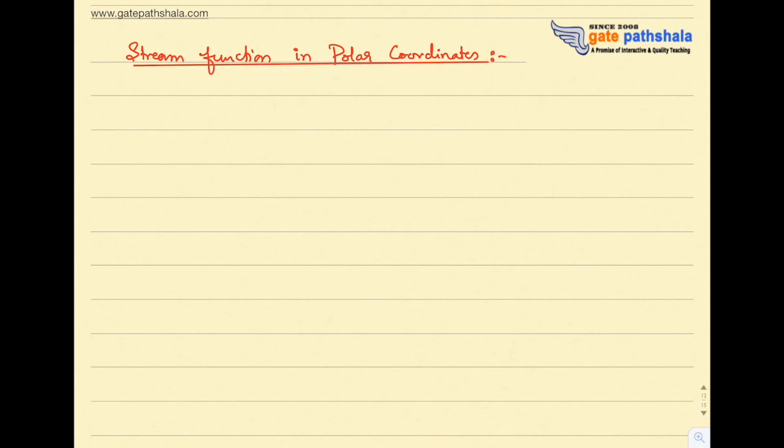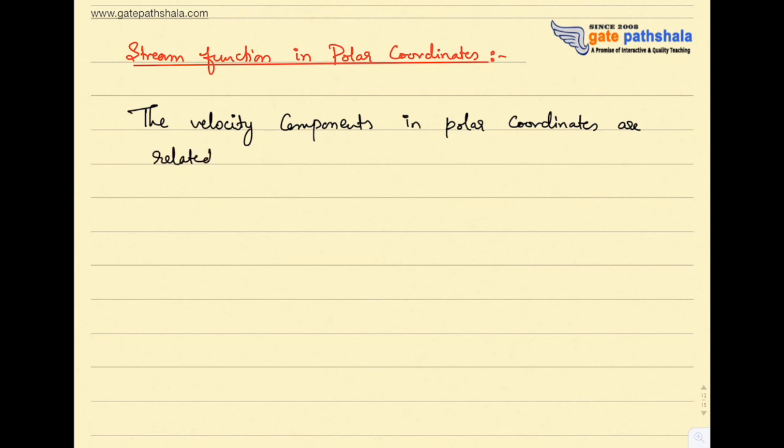Okay. The velocity components in polar coordinates are related to the stream function by